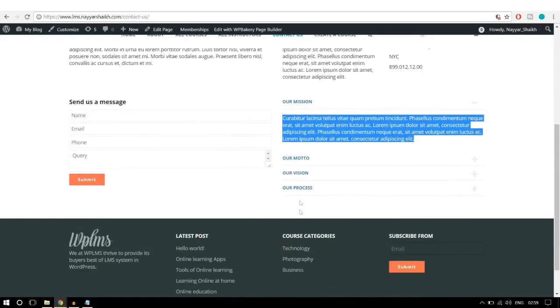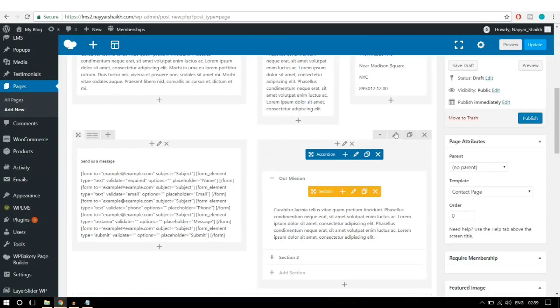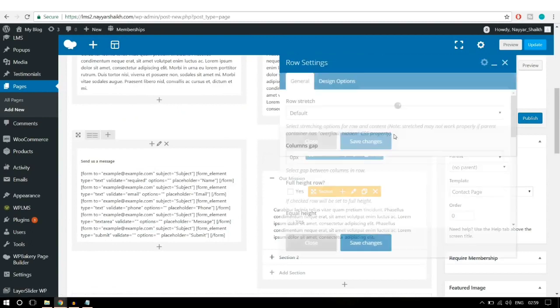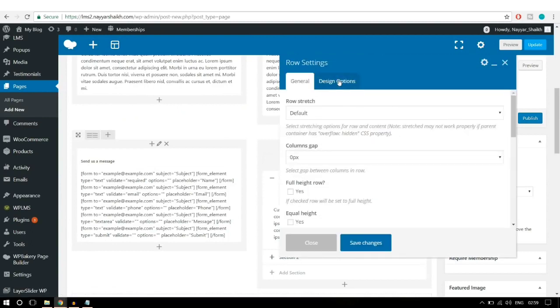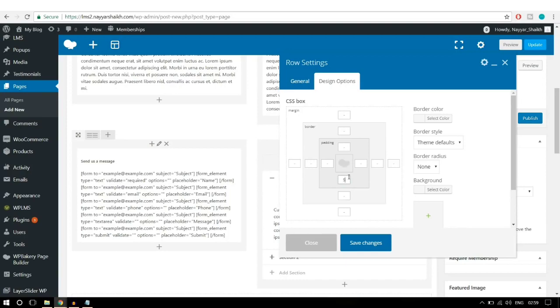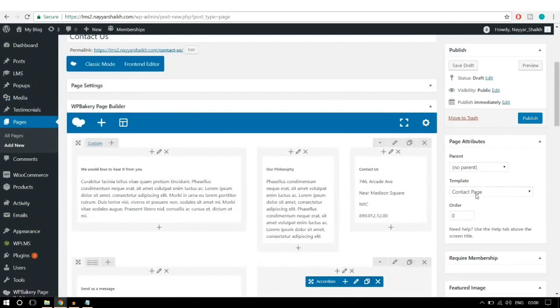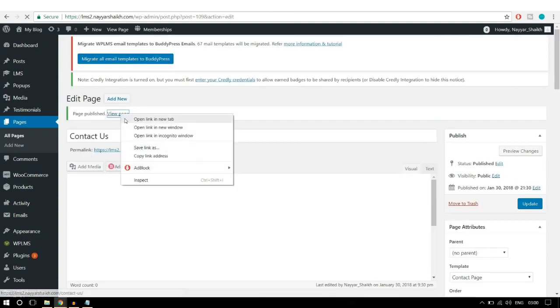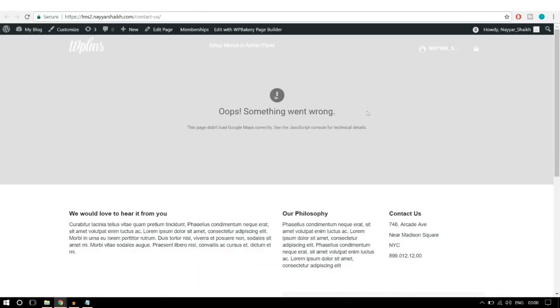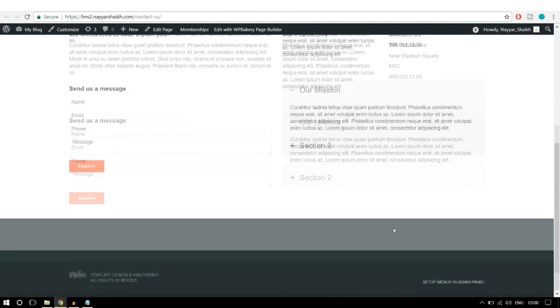And let's add some space at the bottom. So let's click on pencil, go to design, and let's add maybe 50 pixels bottom padding. Click on save changes and make sure contact page is selected. Click on publish. Let's view this page in a new tab. Let's see what happens. Okay, so the map is not working as expected, and everything else is working and